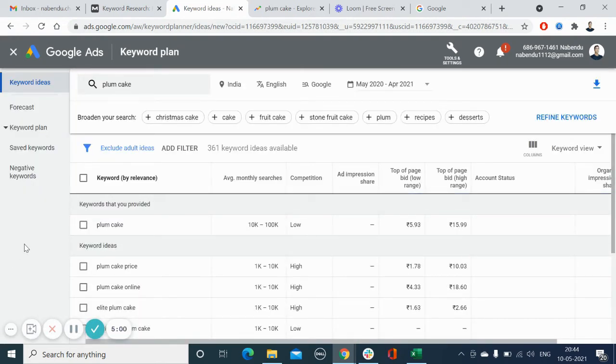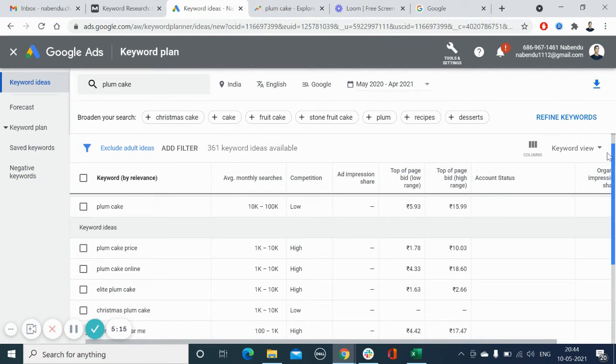And here it's very interesting data that we have in front of us. It's also for India, May 2020 to April 2021, which is again one year of data. So we have the keyword plum cake, and we have the average monthly searches. Google Keyword Planner is telling us how many searches are happening for this keyword on a monthly basis, on average.